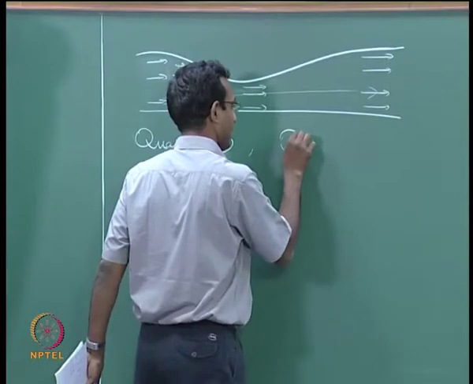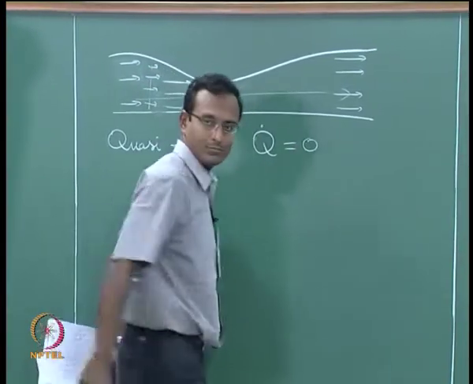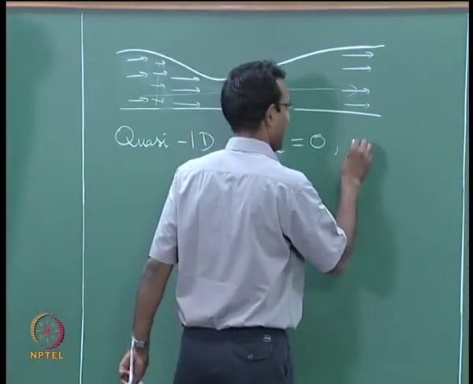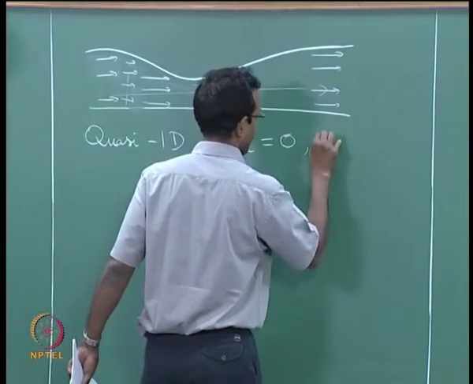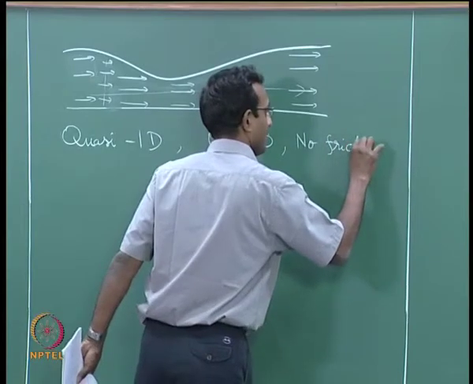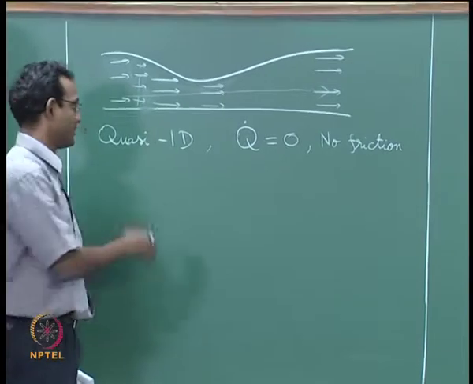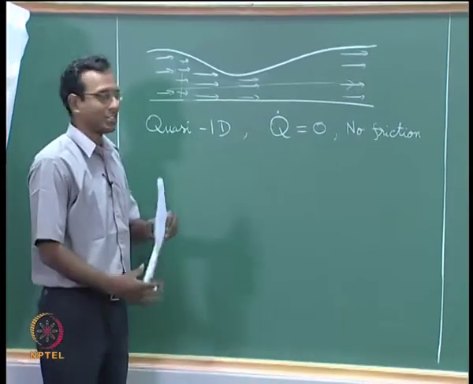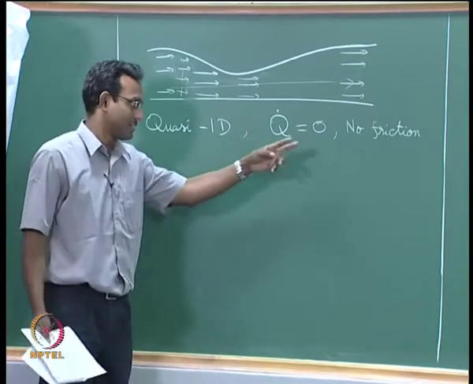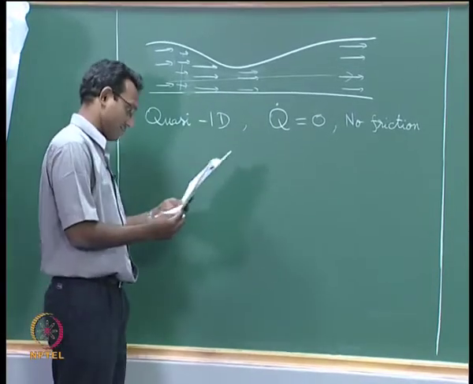I am going to say heat transfer in or out of this flow is 0, no heat transfer, adiabatic I am going to assume currently. Okay. And I am also going to say that there is no friction effects. We have been assuming all of these assumptions till now. We are going to start removing them one by one after some time. Eventually we will consider a case where these assumptions are not really valid. Okay. That is towards the end.